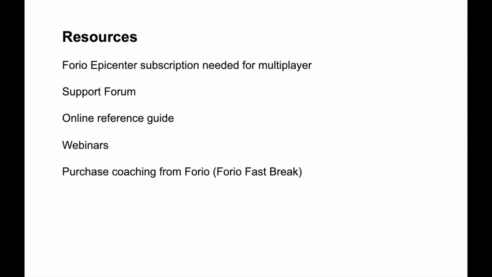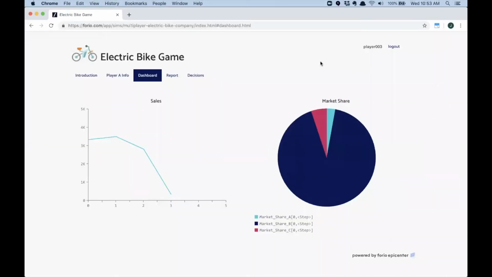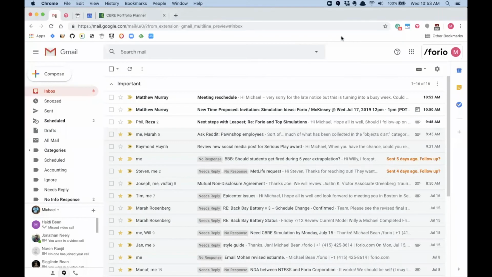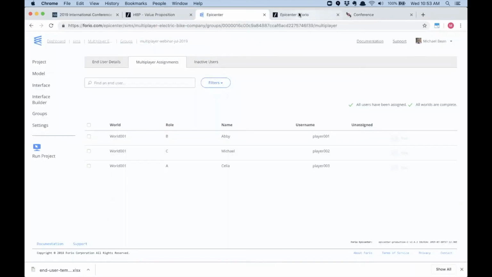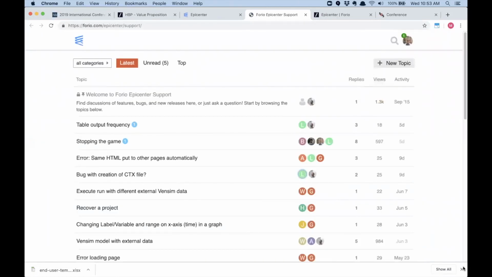You can find out more information about the subscriptions on our website, and you can also handle buying a multiplayer subscription through the Epicenter itself. Other things that could be useful when you're building and you need additional resources is our support forum. So let me show you where that is. If you go back here to Epicenter, oops, wrong thing again. There we go. You go to here, you can see support forum,